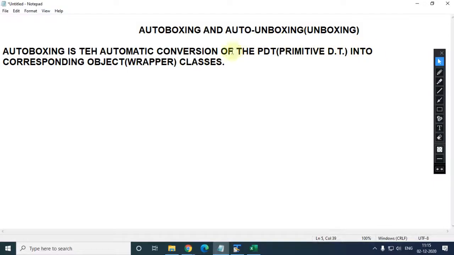So in short we can say, auto boxing is the automatic conversion, just like implicit, of the primitive data type into the corresponding object. So what do you mean by this?